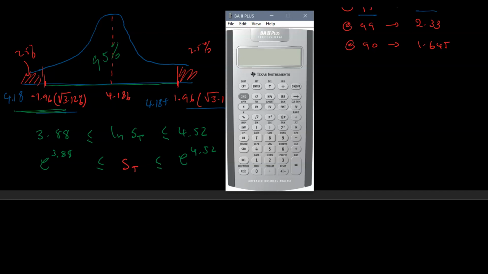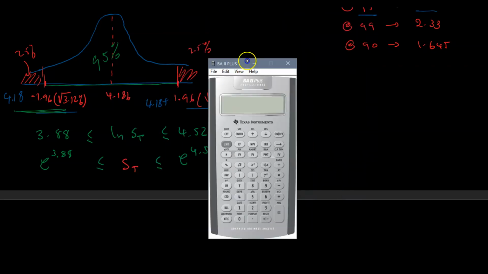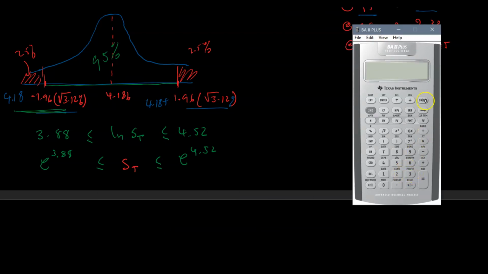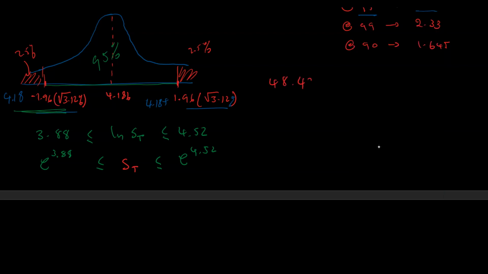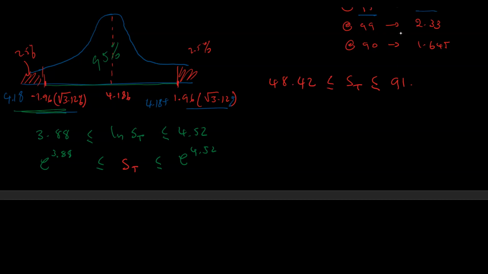Now we could do the math here, just pull the calculator, and we would have the following. The lower bound: 3.88, second function exponential. That gives us 48.42. So we would have 48.42 less than or equal to ST less than or equal to. Next is to do the exponential of 4.52. So 4.52, second function exponential. That gives us 91.83. So we're going to have 91.83. And this would give us a confidence interval around the future value of ST over the next